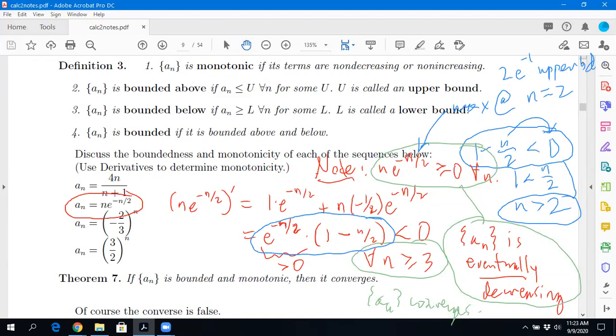What test was that called? You guys thought you could just forget all of that stuff, right? That's the first derivative test. The sign of the derivative was positive before 2 and then negative after that. Therefore, this is a maximum. So if I really wanted an upper bound, I could write it down. It's 2 over e in this case. But I don't really need that to guarantee convergence. The lower bound is all I needed because the thing's decreasing. Yes, Daniel.